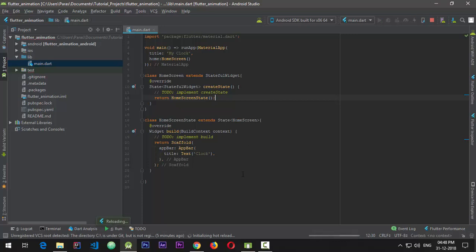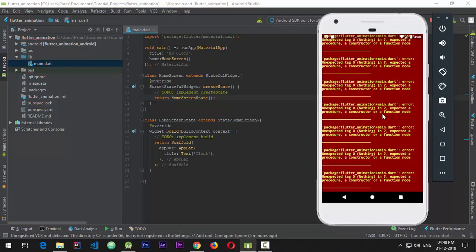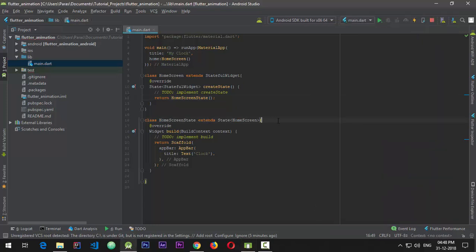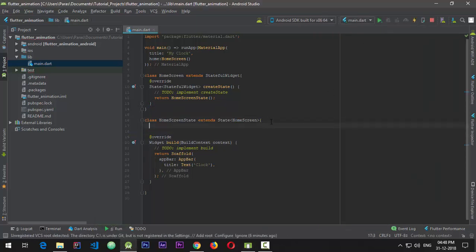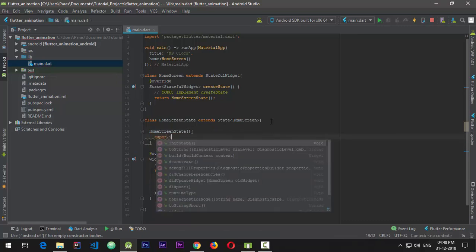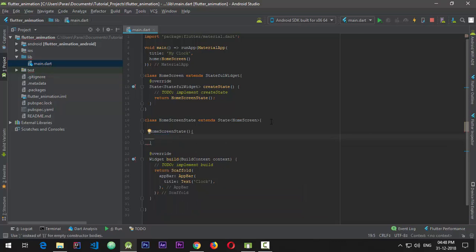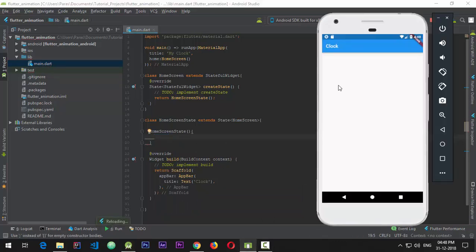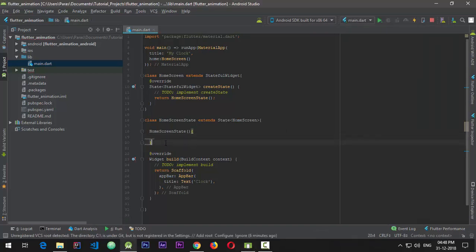Okay, so when I save the application and run it on the emulator, you see that there is an error. Let me see that. Tag 0 in comma exceeded a procedure, a constructor, or a function. I think I need to restart the app once again, and here we want to add a new function, home screen state, super dot. Okay, so now as the app is running there,